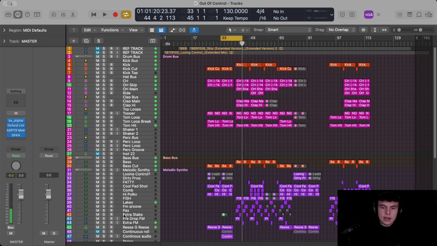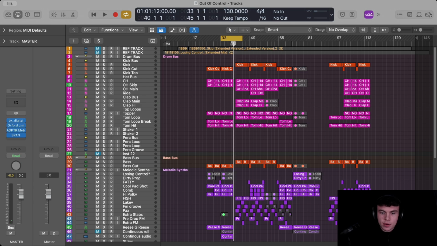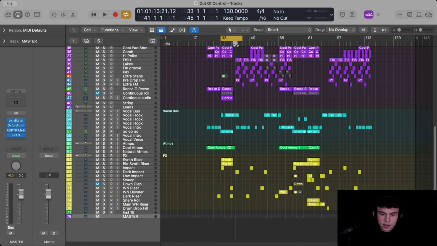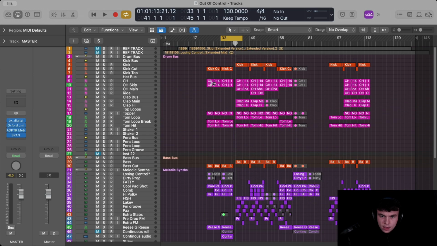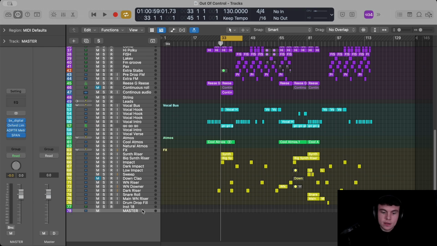Cool, so as you can hear, the build up is pretty standard, a few risers in there, and then on the drop like a white noise impact. But there are a few things that we can sort of go through to basically make the drop hit harder and the build up more sort of atmospheric and more tension basically. If we hop straight into this, the first thing that we can do is if we select our master bus,